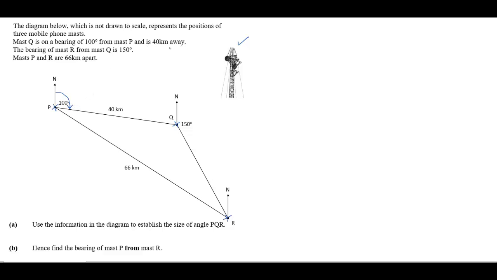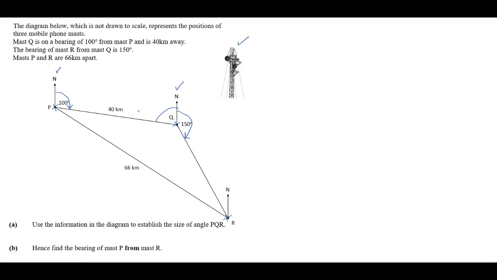and 40 kilometers away. The bearing of R from Q is 150, which is this angle given in the question. And the distance between P and R is 66 kilometers. Using this information, we can find, because this north line and this north line are parallel lines, and this angle is